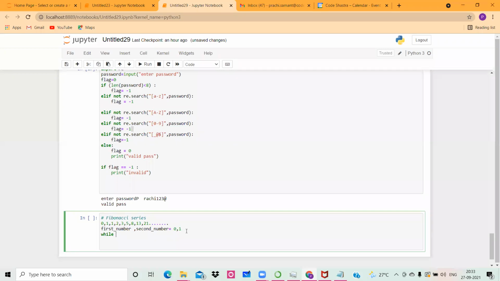So we can say while the value of second number is less than 50. You can write less than or equal to 50, whatever it is. Print second number.